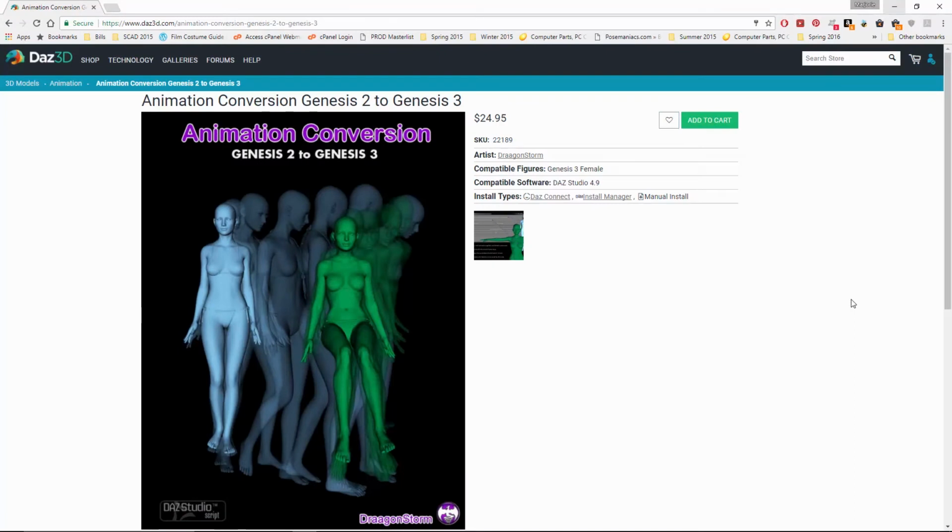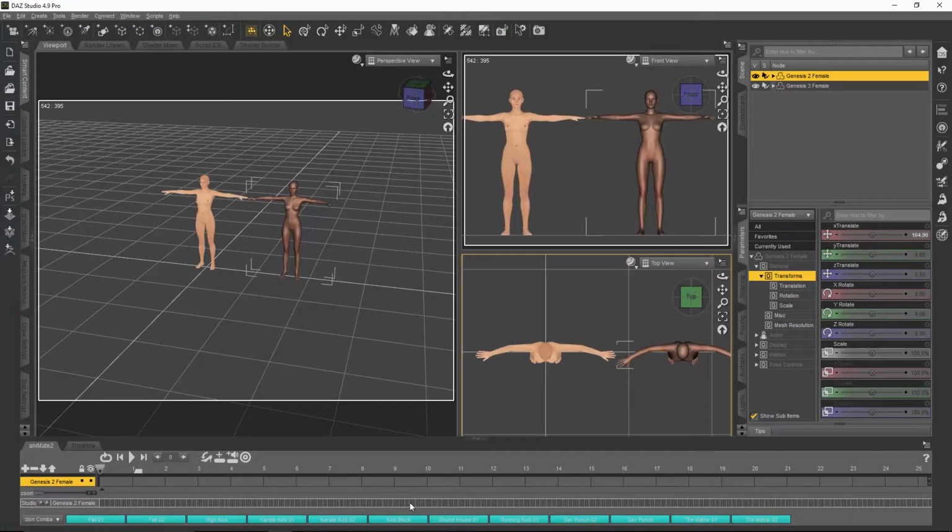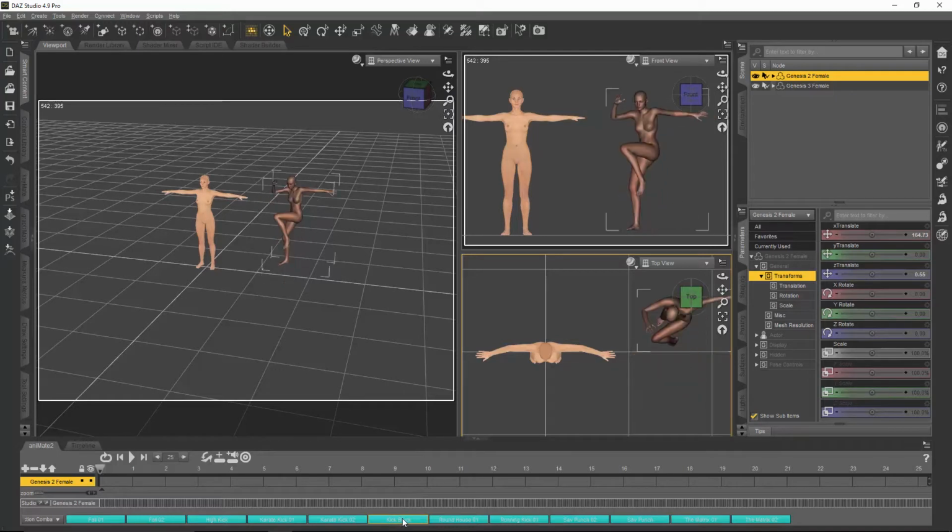So this is the add-on that I used to convert the Anyblock data to a Genesis 3 character. It's the Animation Conversion Genesis 2 to Genesis 3 add-on by Dragonstorm. So I'll show you an example. I'll run through an example pretty fast. Let's look at the kick block animation. I still have the Genesis 2 character selected, so you can see what she looks like doing that.